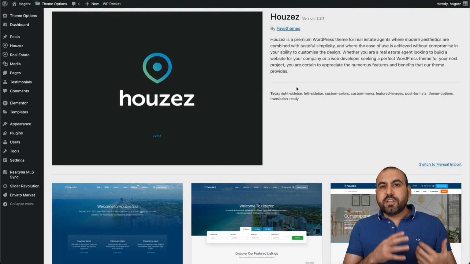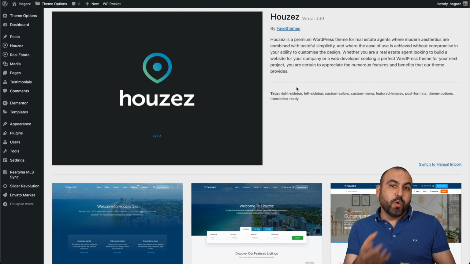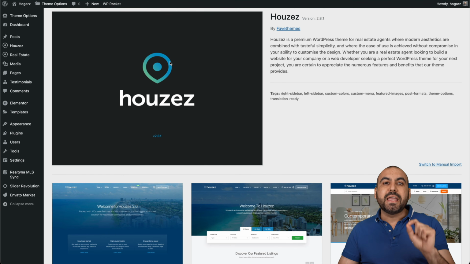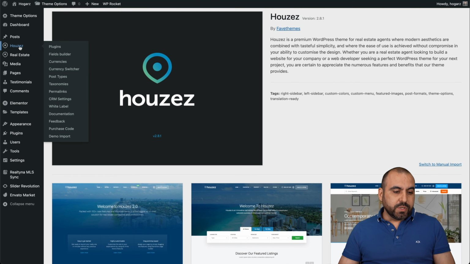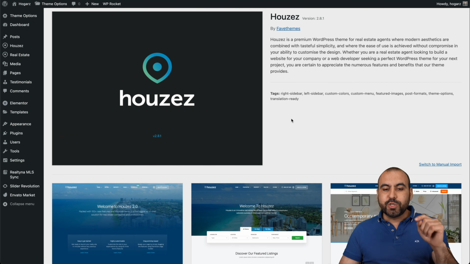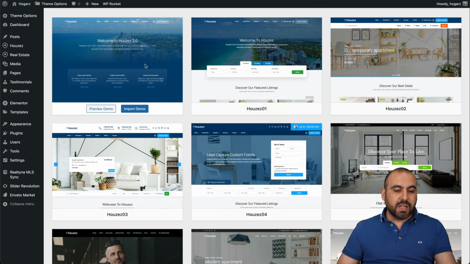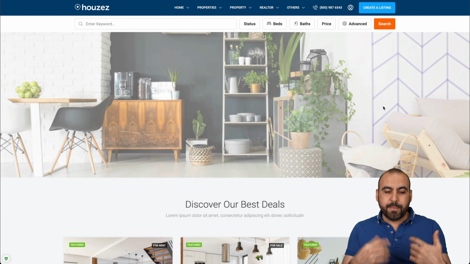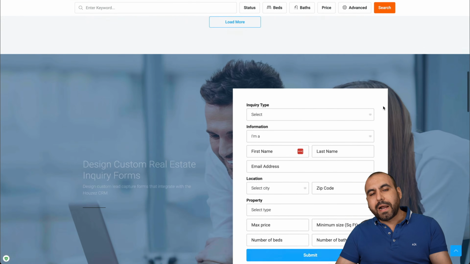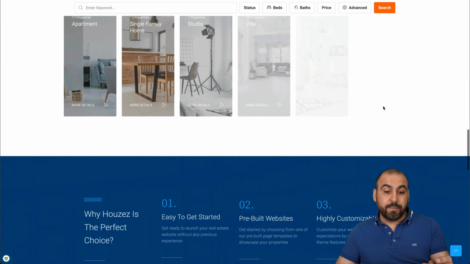Now, once you've loaded in the theme, once you buy it, well, you get access to this. And I recommend that you get started by importing the demo. Now, once you head on over to Houses, that's the theme name, we'll go into demo import and it's going to take you here. Now, in the demo import, there's several themes available that we can check out. For example, if I want to preview this one, I'll just click on it and check it out before I actually import this information.